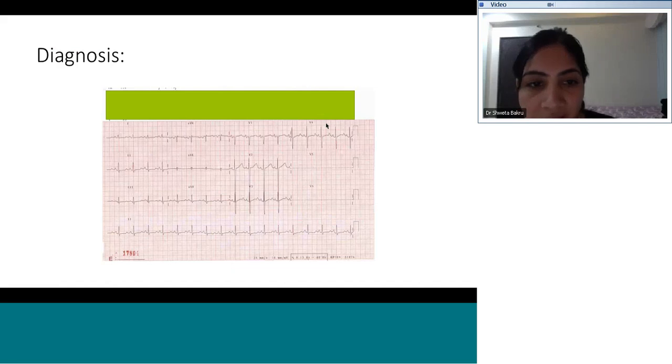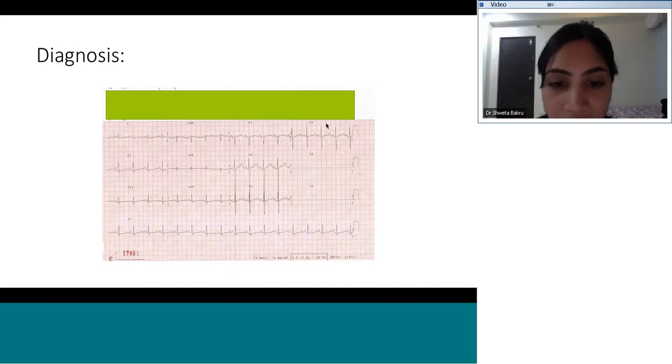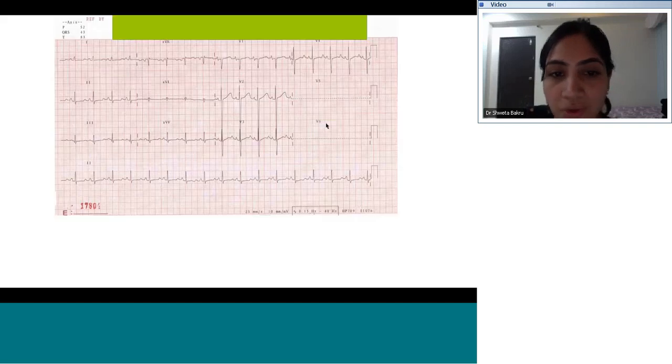It is long QT syndrome, and if you just have an overlook at the ECG, it will look pretty normal, like sinus rhythm, normal ventricular forces. But in all pediatric patients, please do not forget to measure their QT and QTc. It is probably the most important feature, and if it is missed, then it can be life-threatening to the patient. So just to emphasize that, this is long QT syndrome.